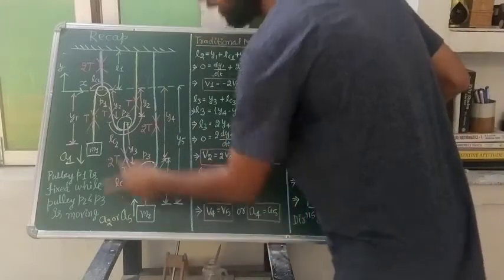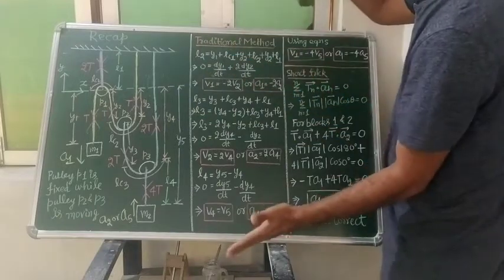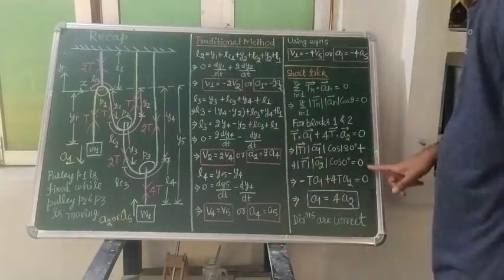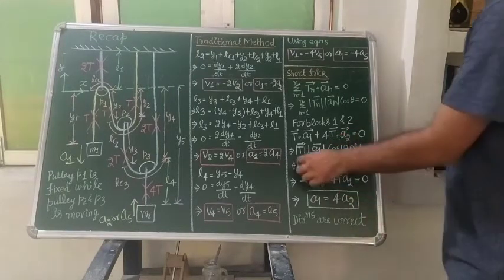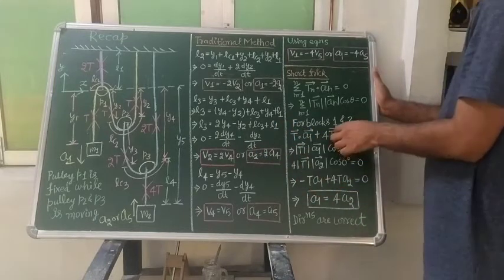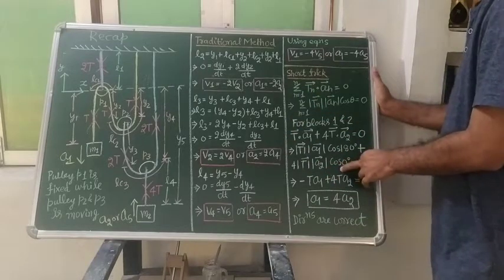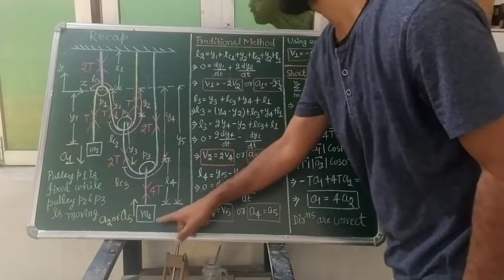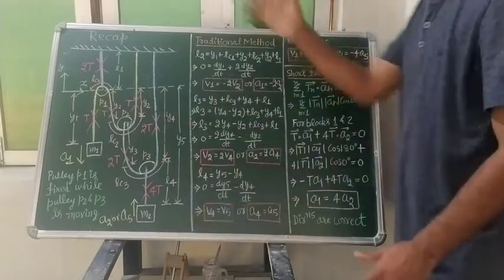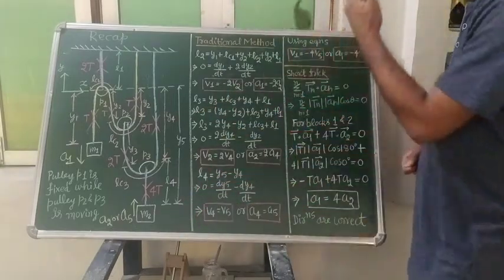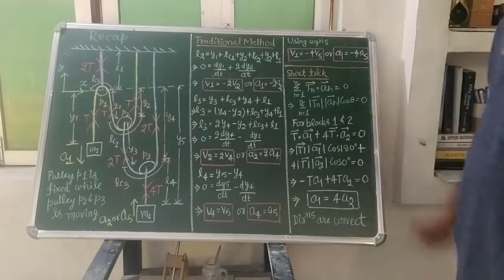What will be the theta here? A1 is acting downside, T is acting upside. So the two vectors are in opposite directions, so the angle between them will be 180 degrees. Plus, the magnitude of this 4T vector, so this 4 we will take outside, the magnitude of T multiplied by the magnitude of this A2 vector times cosine theta. When you look at block 2, the 4T is upside, acceleration is also upside. So both vectors are in the same direction, so the angle between them will be 0 degrees. So that 0 degree we will write.